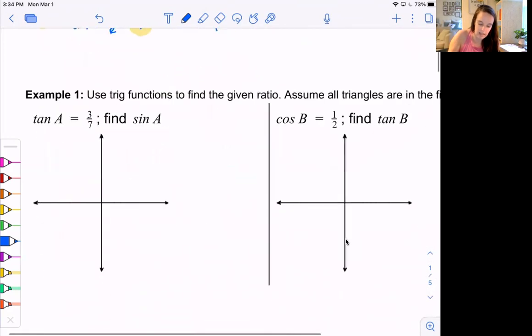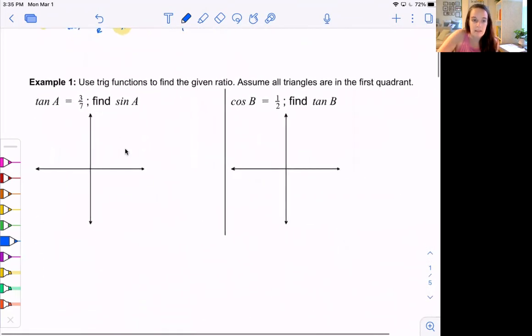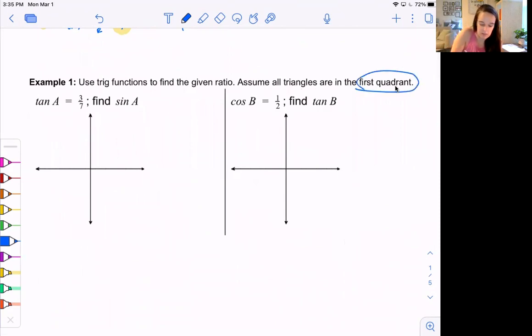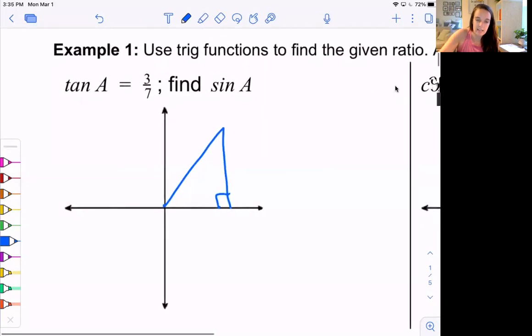So let's look at example 1. In example 1, it says to use trig functions, so sine, cosine, tangent, to find the given ratio. Assume all triangles are in the first quadrant. So that's good information. That means our triangle is going to be over here in quadrant 1. So they tell us the trig function tangent of A is equal to 3 over 7. So we want to find sine. If we know tangent is 3 over 7, they want us to figure out what the other one is,